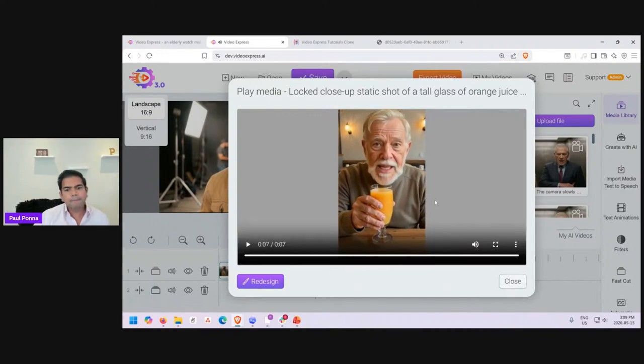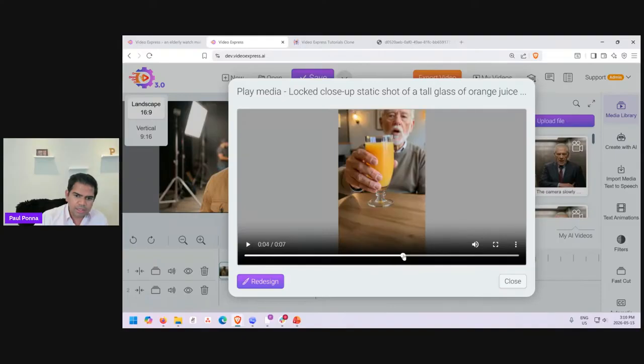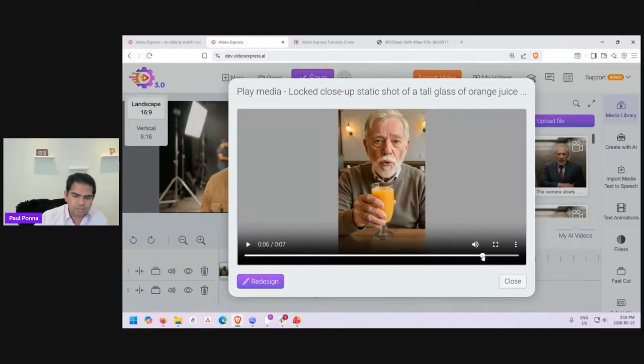There we go. You see? So that's the basic idea. If you want more control, you can make him drink the juice as the last frame, and then he says something and then he drinks. But this will be the end frame, right? So you see how we did it, where it starts, he comes, he holds it, and then he basically starts talking. So that's the idea behind the first frame, last frame, to control, especially for short films